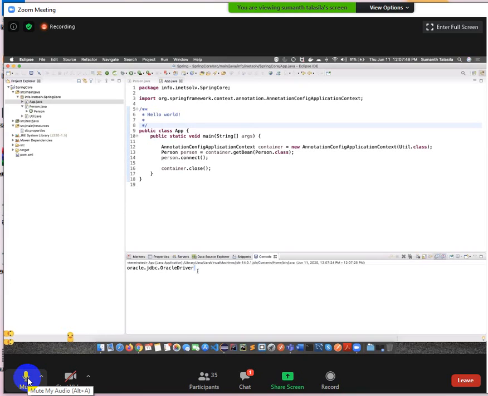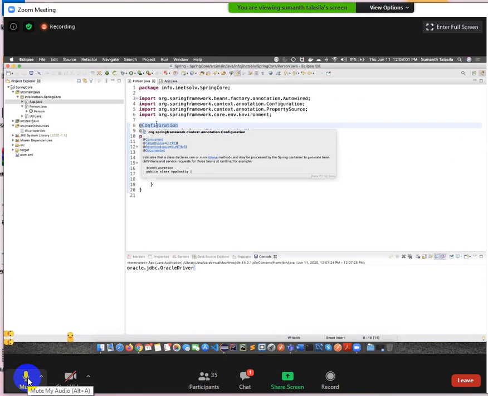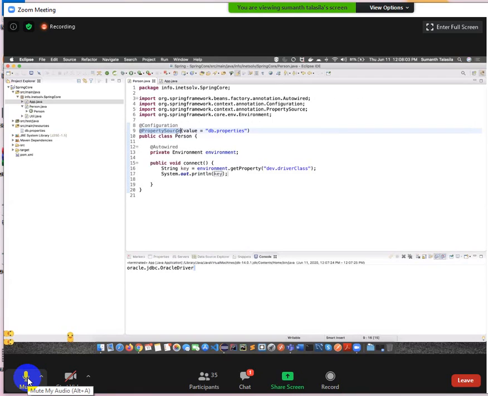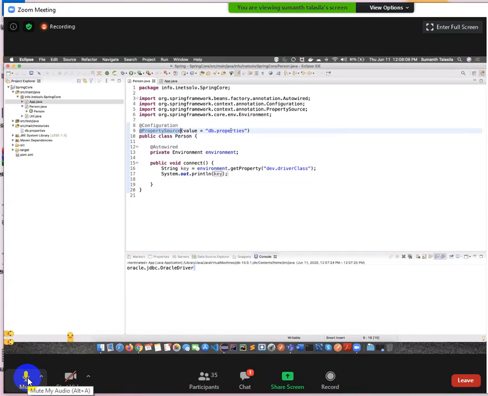Yes, sir. So here what we have to do is, in whichever program you want to read the content from the property file, on top of that, just use one annotation called @Configuration. Next, @PropertySource with the property file name.